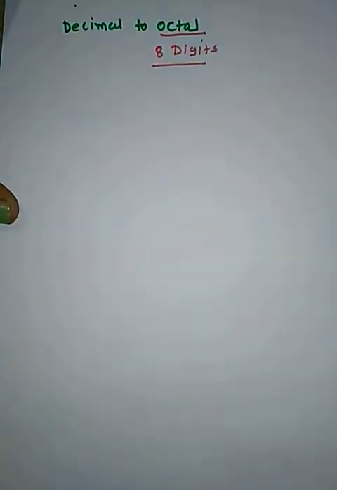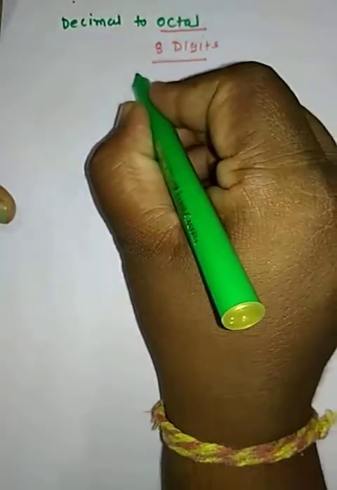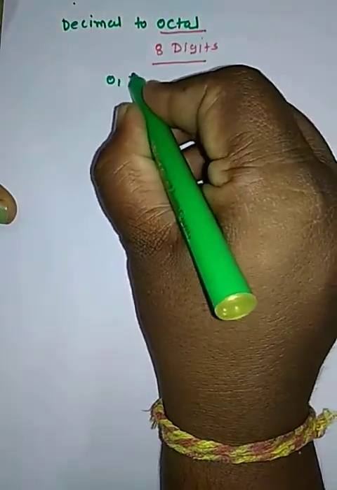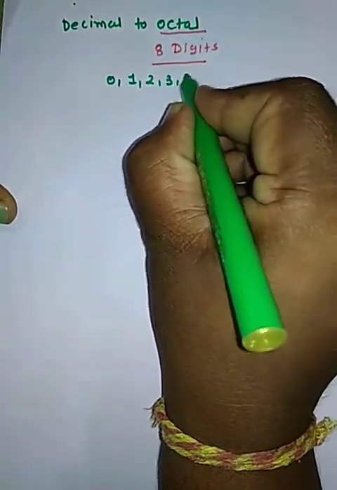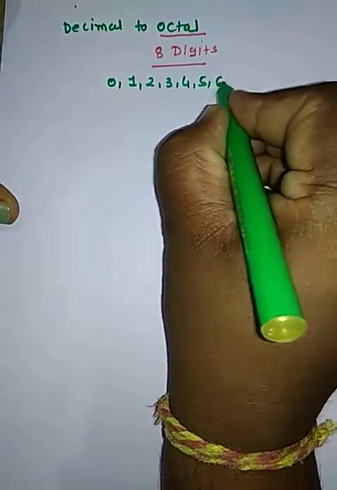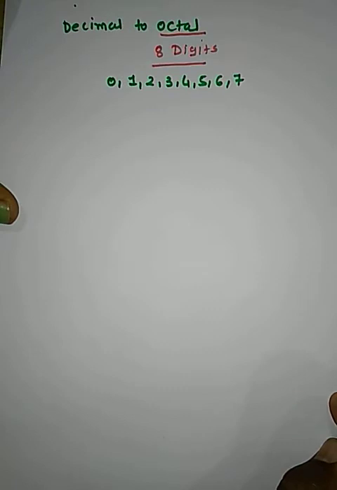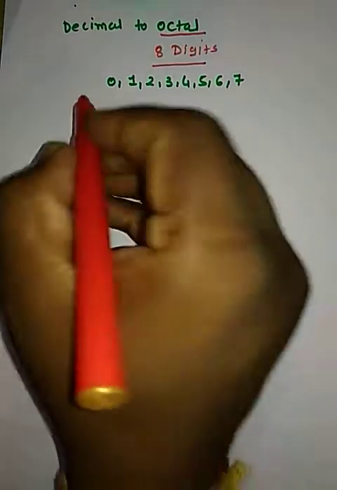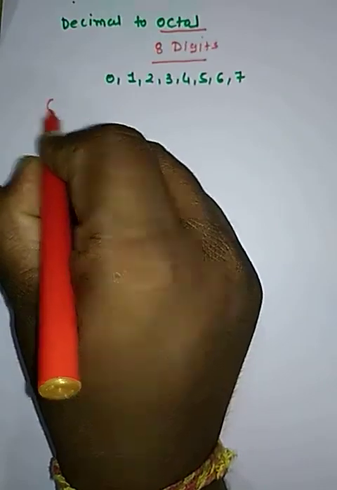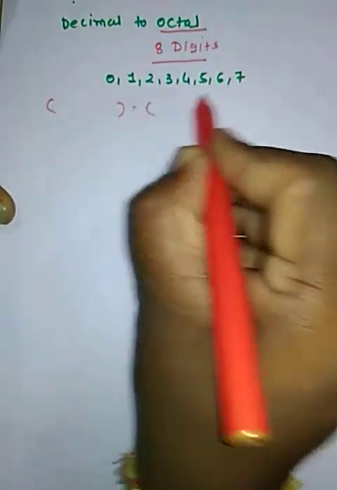Octal number માં કેટલા ડિજિટ છે? 8. કયા કયા? તો 0, 1, 2, 3, 4, 5, 6, 7. In an octal number 0 to 7 numbers are used. Octal number કયા નંબર યુઝ કરે છે? 0 to 7. ઓકે, હવે તમને વર્કબુકમાં ઘણા વિદ્યાર્થી પ્રશ્ન પૂછે છે કે સર વોટ ઇઝ ધ મિનિંગ ઓફ ધીસ?